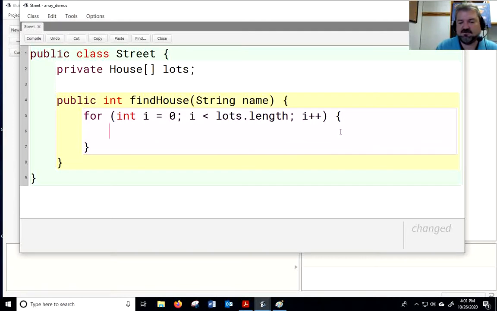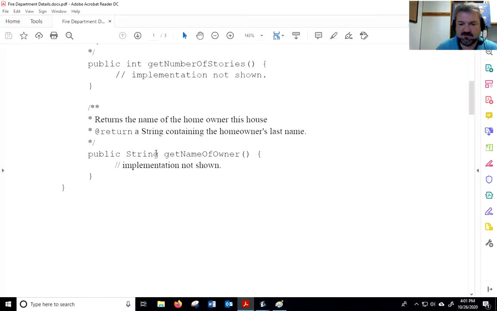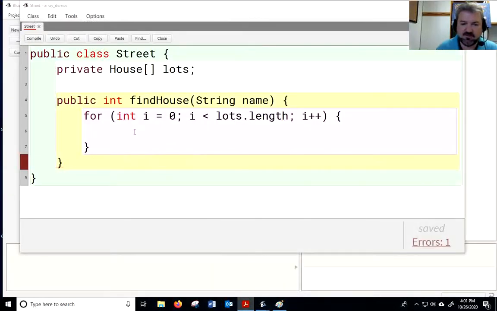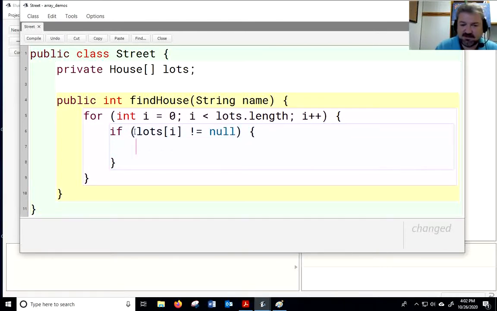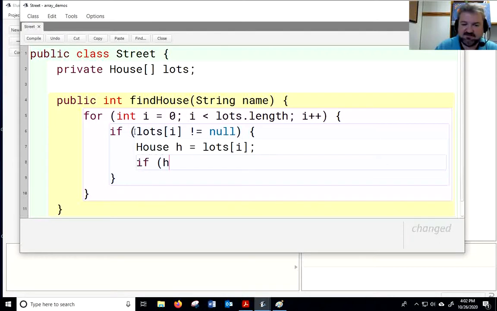All right, so I need to simply ask if the name of the owner at that house is equal to this name. But I want to avoid accidentally calling getNameOfOwner on null. So I can say if lots[i] does not equal null, then I could say something like House h equals lots[i]. Then I can say if h.getNameOfOwner()